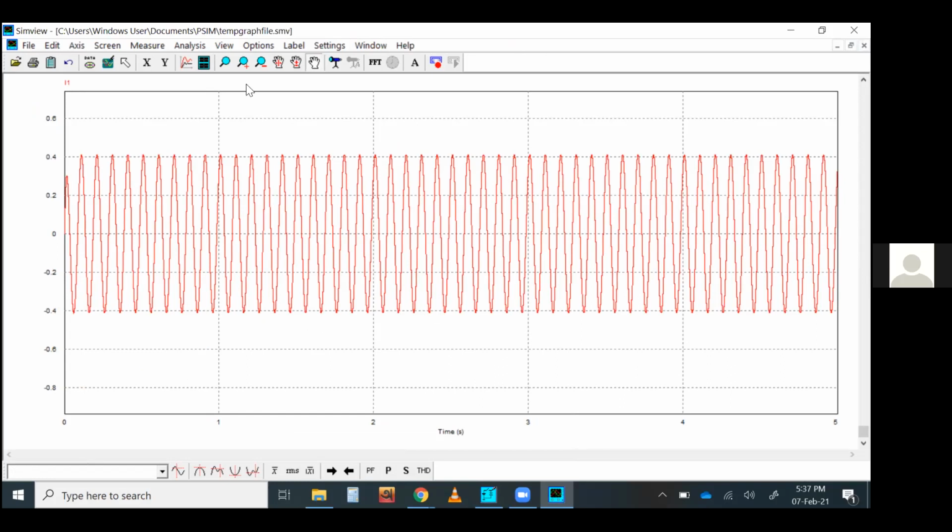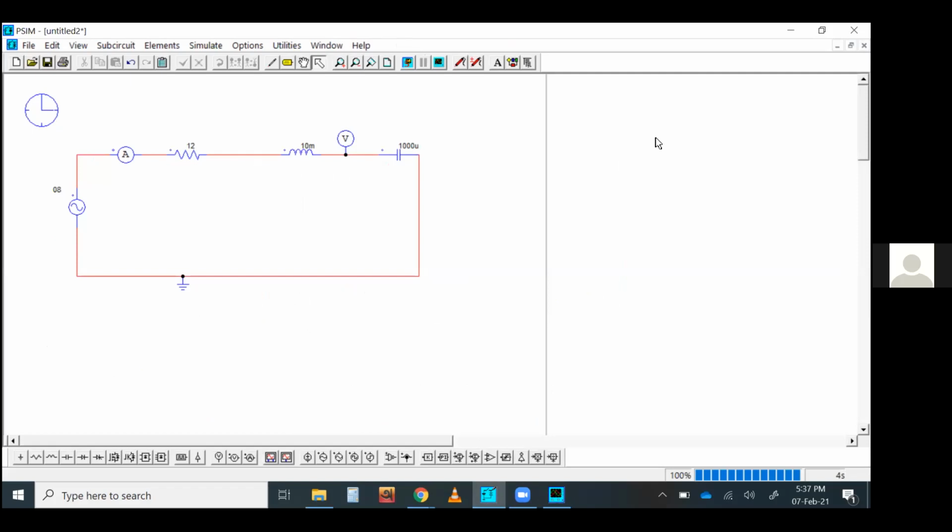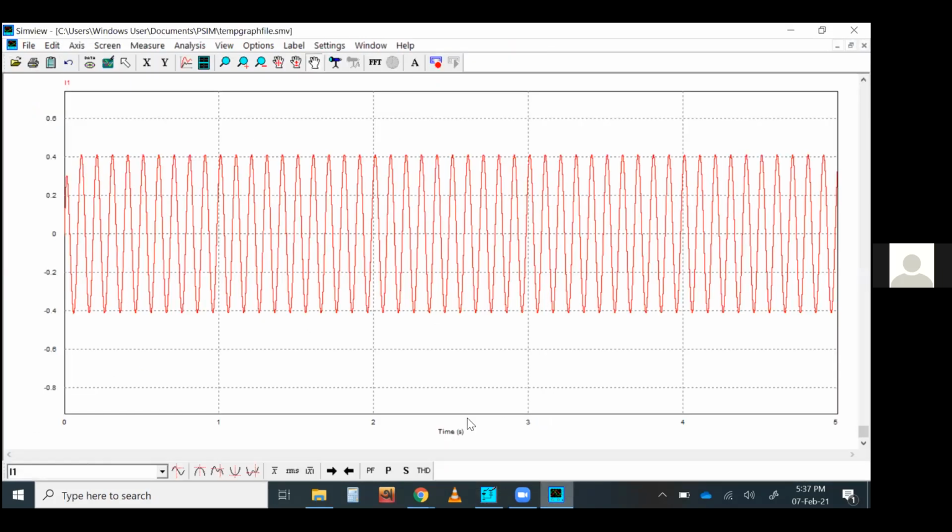Another thing I want to mention, this is the scene view. You can see the scene view icon from here as well. Run scene view. Scene view is the visualization part or visualization window of this software where you can do necessary analysis on all kinds of signal. So this is the platform for designing your circuit and running the simulation, and this is the platform where you can visualize the different kinds of signal and do different kinds of manipulation on them. I will show later what kind of manipulation you can do. So this is the I1 voltage.